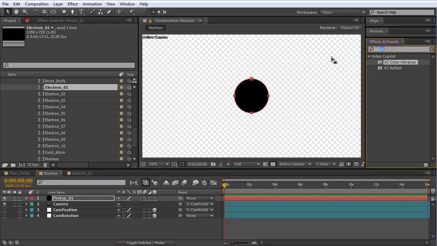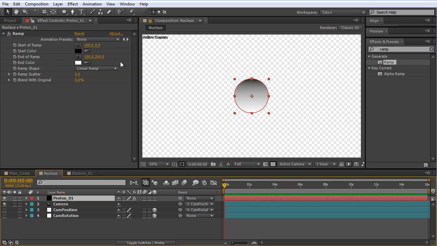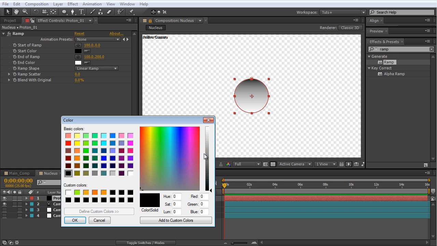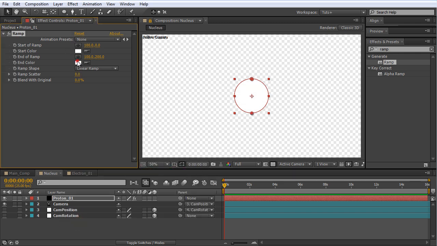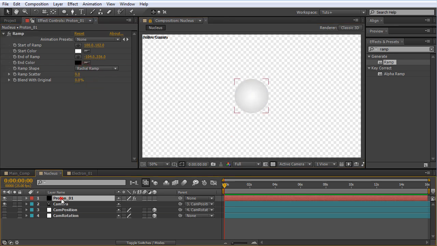And we'll add a ramp effect to it. We'll switch the black and white order here, making the black white and the white black. We'll move the white to the middle and the black downwards, and switch from linear ramp to radial ramp. So this will be sort of a white sphere.